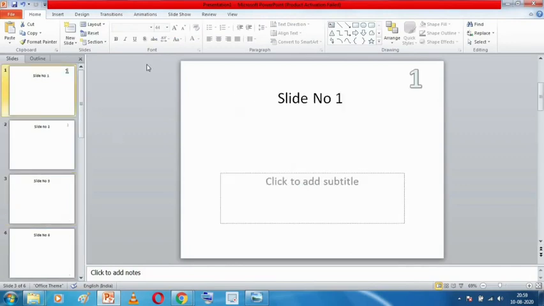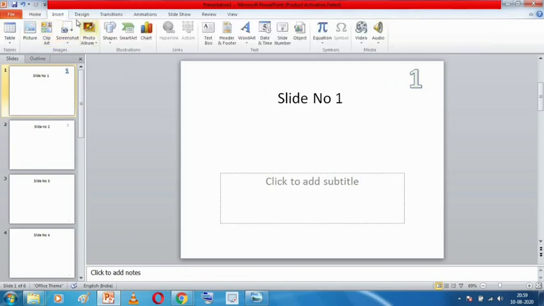This is my slide number 1. Suppose I want to insert my video over here, in this slide number 1. So what I have to do is go to the Insert tab. Then inside the Insert tab I need to go to the Media group.